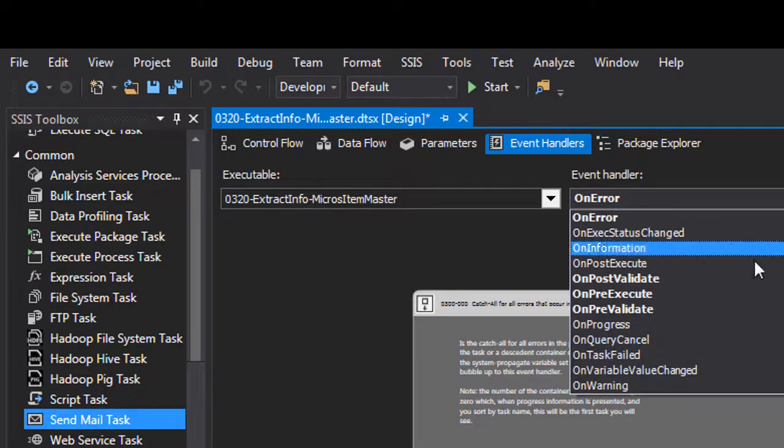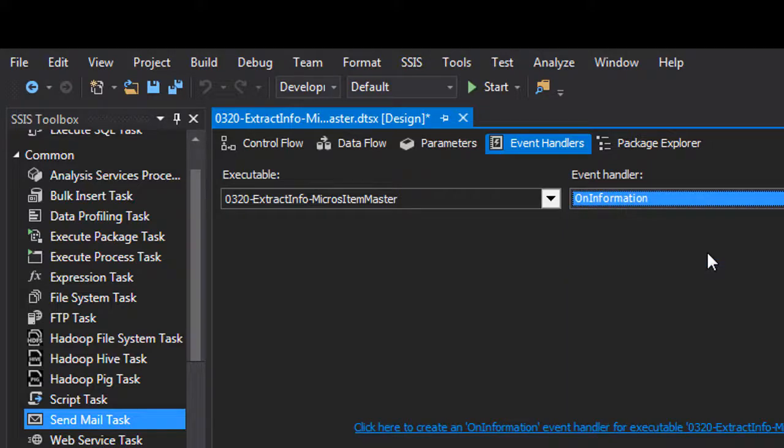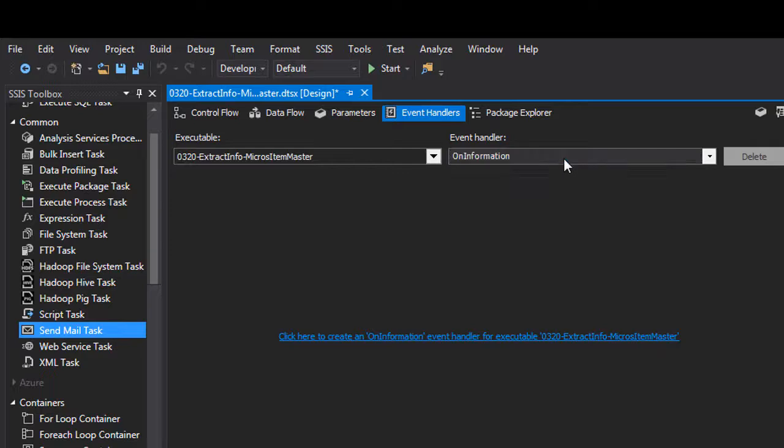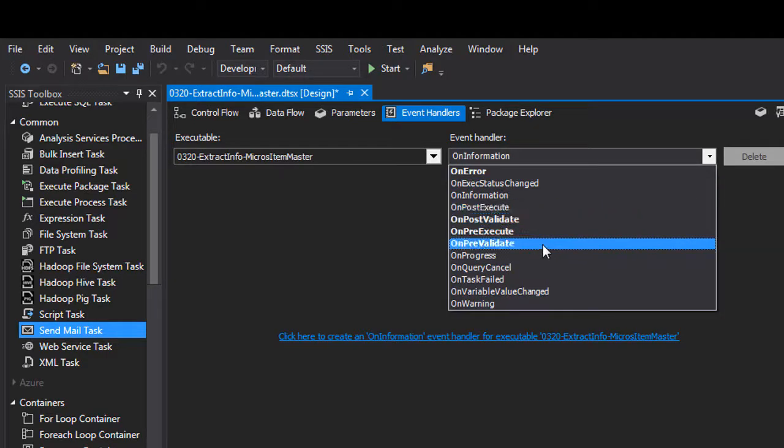Also, if you look here, there's some highlighted, bolded text. That means I had set up some code in it, but actually not all these have code in it. If they're not highlighted, I definitely never set up any code for it. They haven't been configured. So you see this hyperlink. So if I go to on pre-validate,